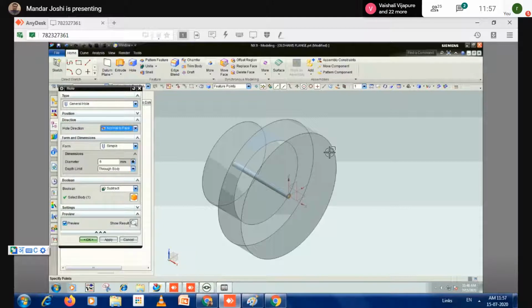When you apply the drill bit on the cylindrical face here, then what will happen? There is a chance the drill bit will slip. So it is impractical to apply a hole directly on a cylindrical face. So what is the recommendation? Use only flat surfaces. So I'm selecting this, and after that the direction is